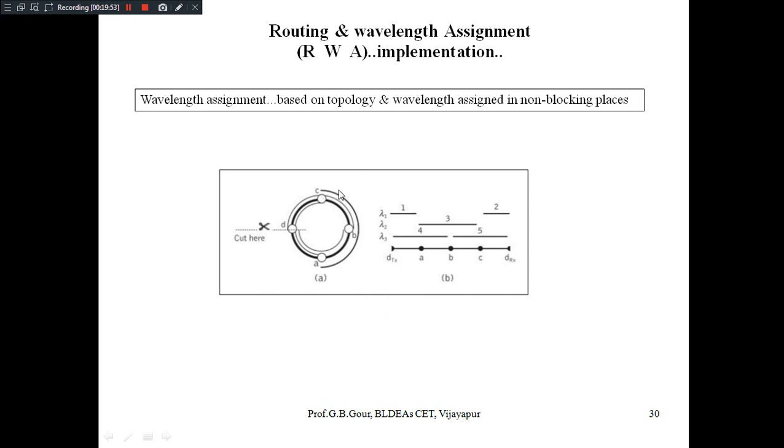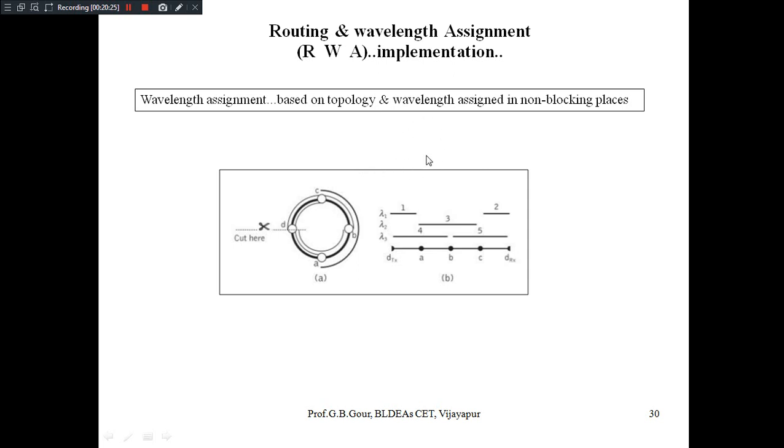See guys, the wavelength assignment is actually based on the topology and the non-blocking places. The idea here is that the RWA algorithm first looks into the topology which will be followed. I am briefly explaining how RWA works step by step. First it looks into the topology, whether it is a ring, star or mesh topology.